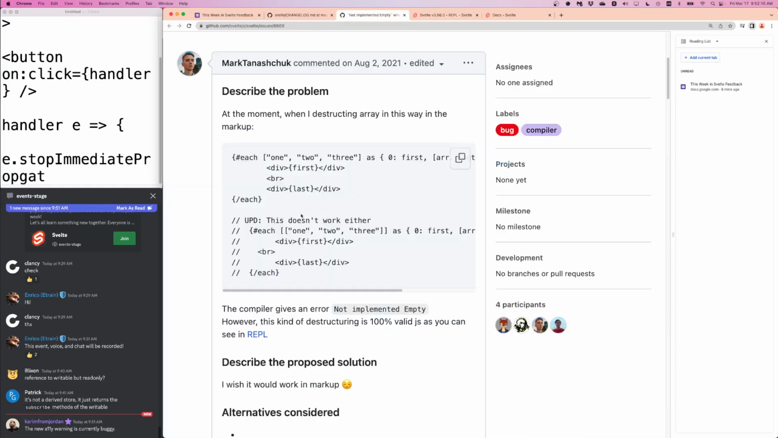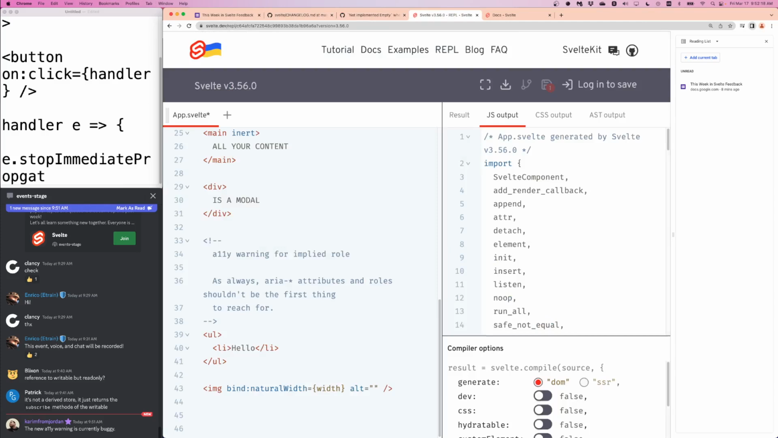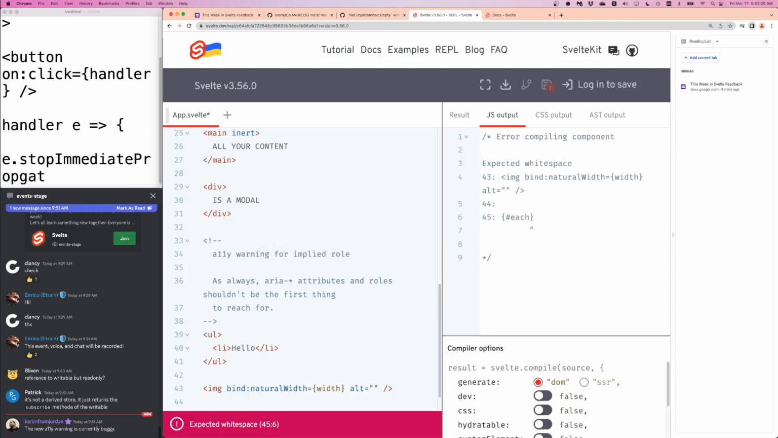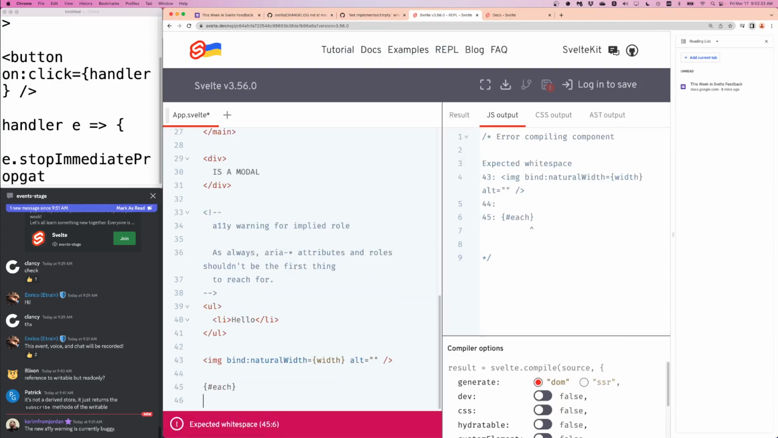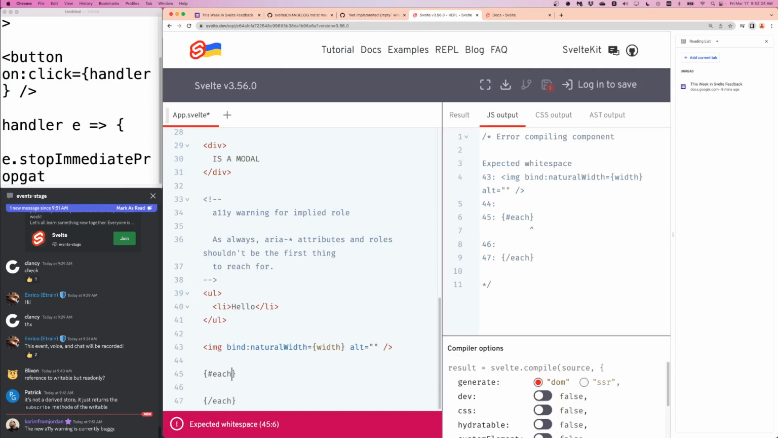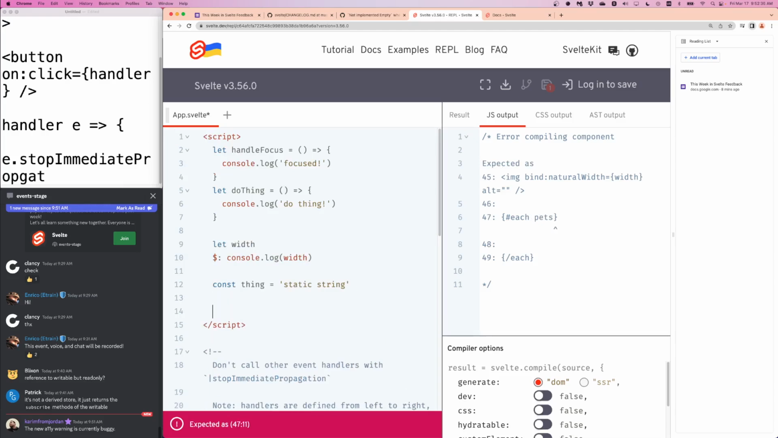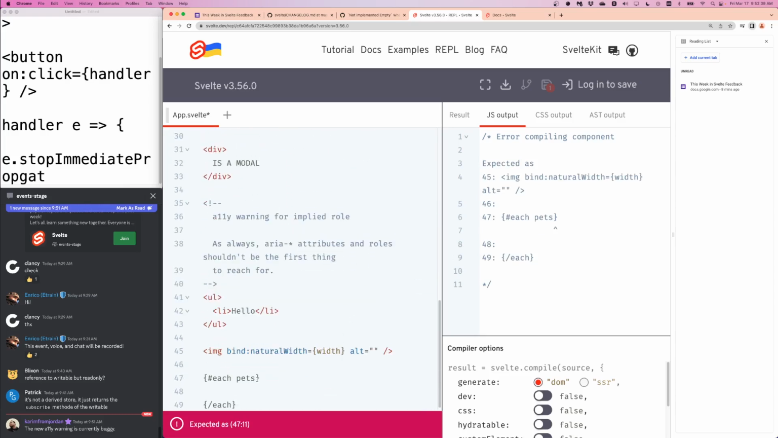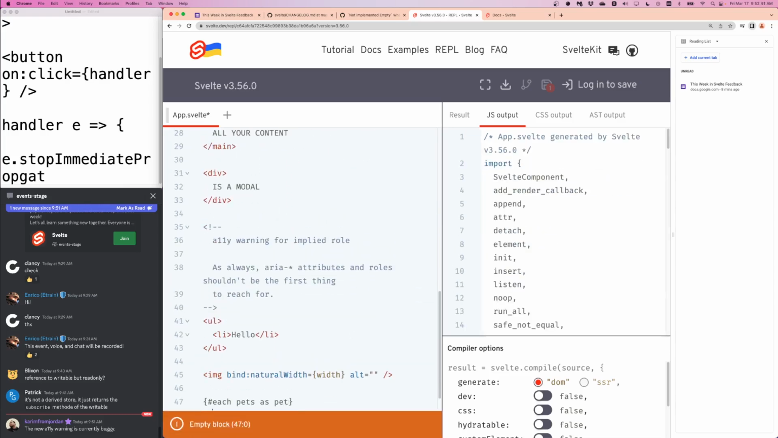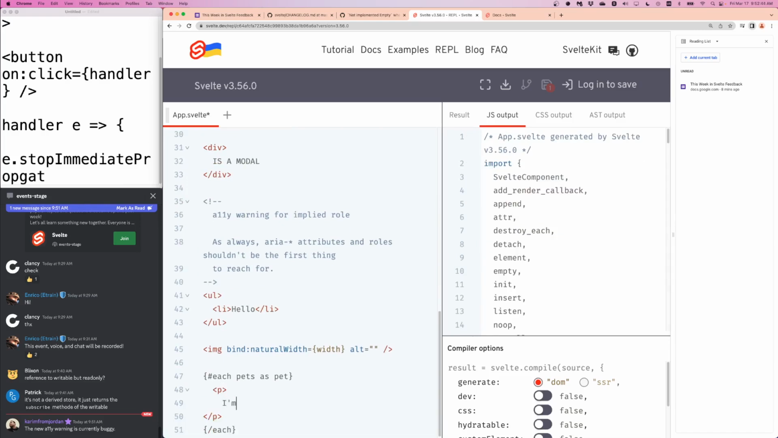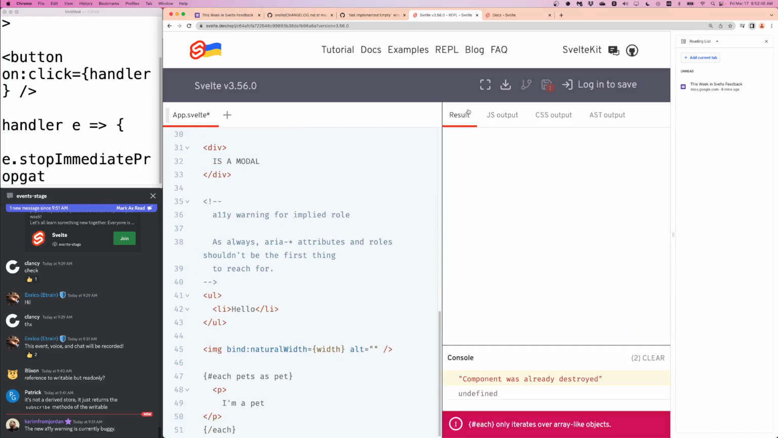So let's talk about this each loop. When you write an each loop, it's possible to set initial values, which is something I enjoy doing. So if I do each, I can say pets. And I can have an array of pets up here. I don't recommend you do it this way, but you'll see what I mean. Let pets is undefined. So I can do pets as pet, and I can do p I am a pet. And the result of that